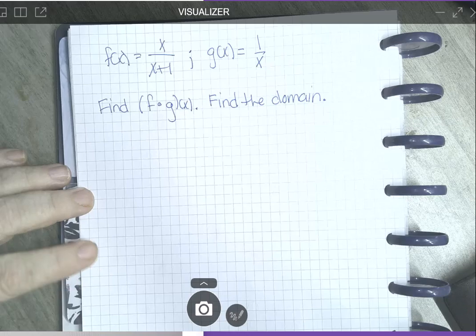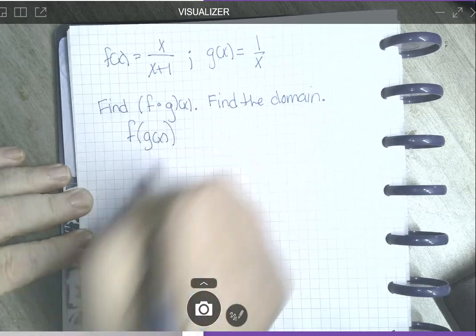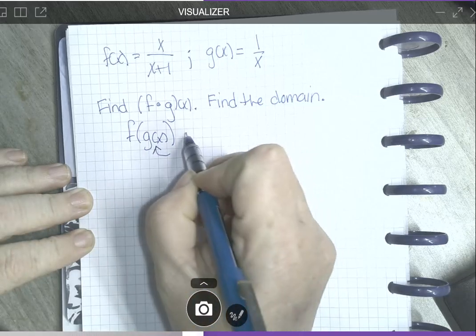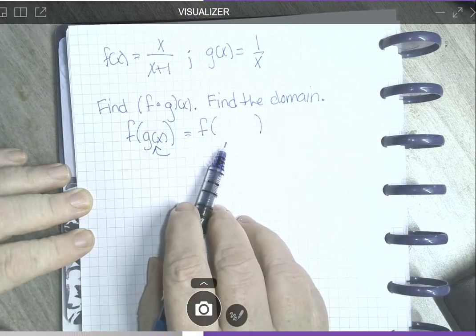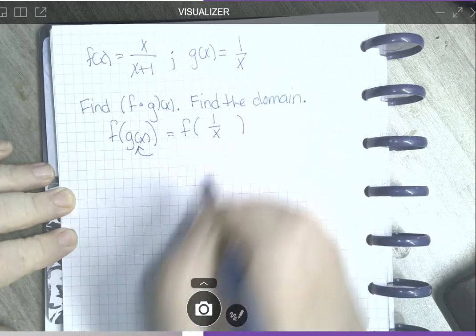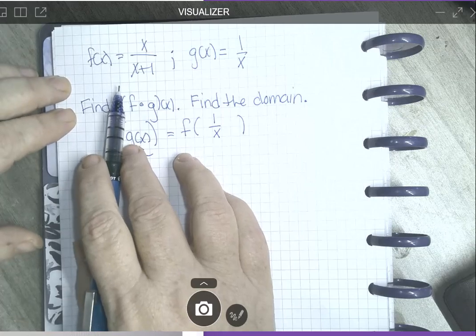Now when I do these, I always rewrite it: f of g of x. That reminds me that I'm going to put g of x in here. So we'll have f of g of x. Well, what's g of x? 1 over x. Cool. Now I'm going to take my function f of x,